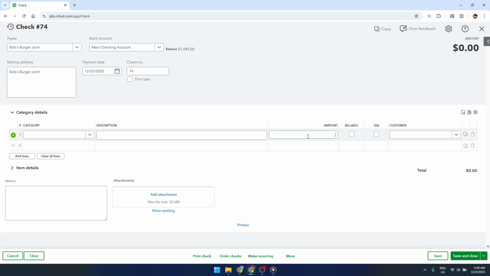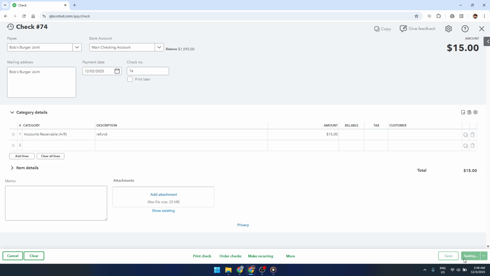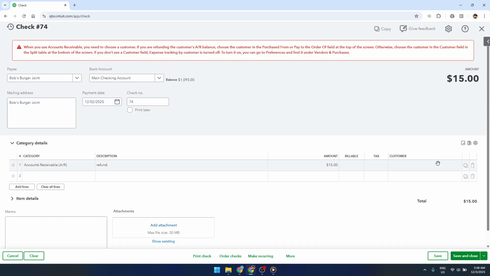If you'd like, you can add a short description, such as refund of overpayment or refund for canceled invoice. This small note can be very helpful later when reviewing transactions or answering questions. Once everything looks correct, click Save and Close. At this point, you've created the refund check, but you still need to link it to the customer's existing credit